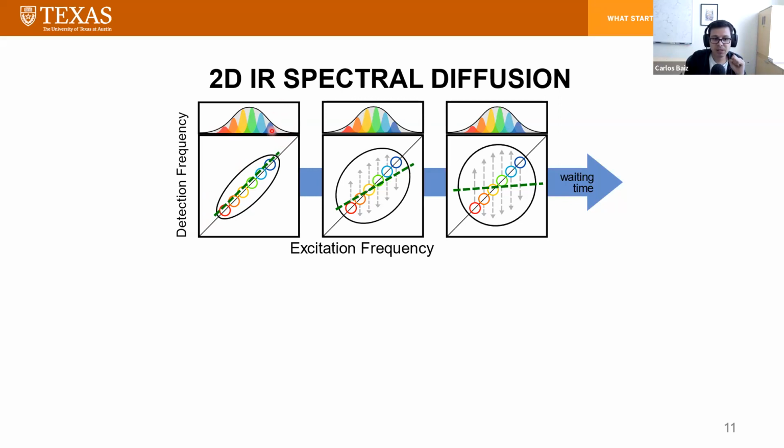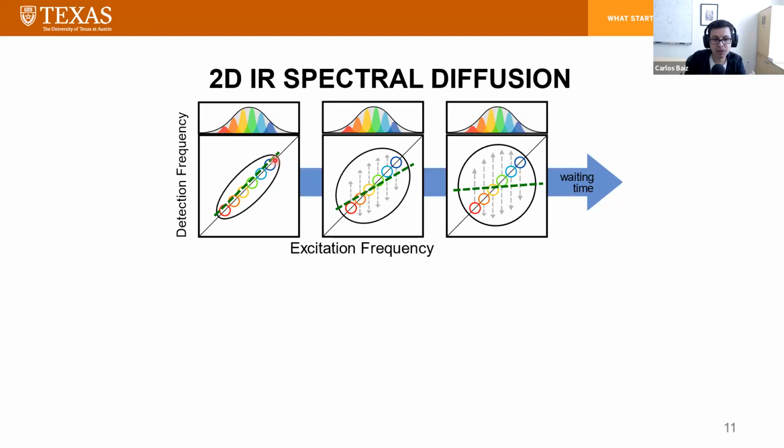The way to think about it is, imagine that you have a broad peak in your spectrum, or it could be multiple peaks, like I showed you in the previous slides where we saw three different peaks. That means you have a distribution of environments that the molecule is experiencing. And what we want to know is, how quickly do these environments randomize? How quickly do these environments exchange in our frequency space? If you don't allow any time for the system to evolve, in other words, we come in with a short laser pulse and excite a molecule that's on this side of the peak, meaning it absorbs towards higher frequency,